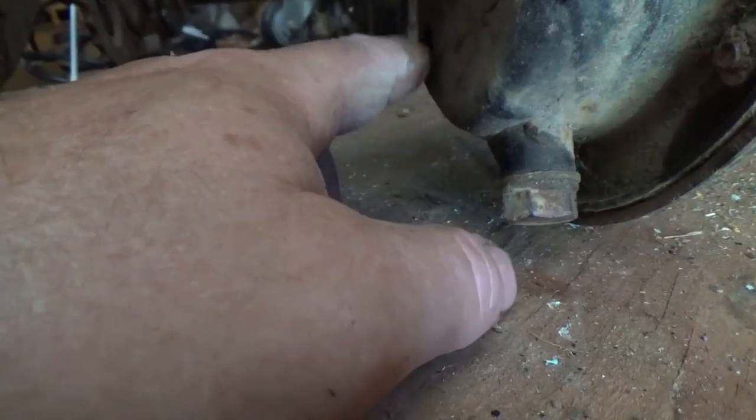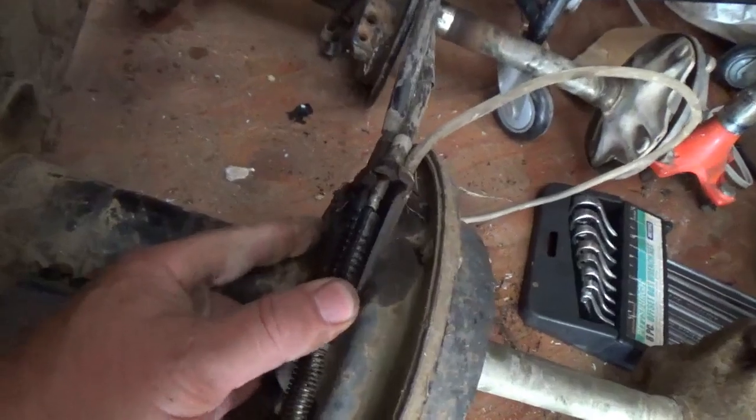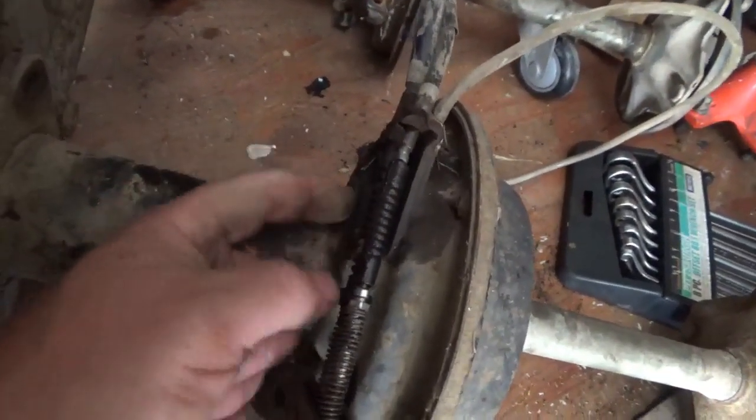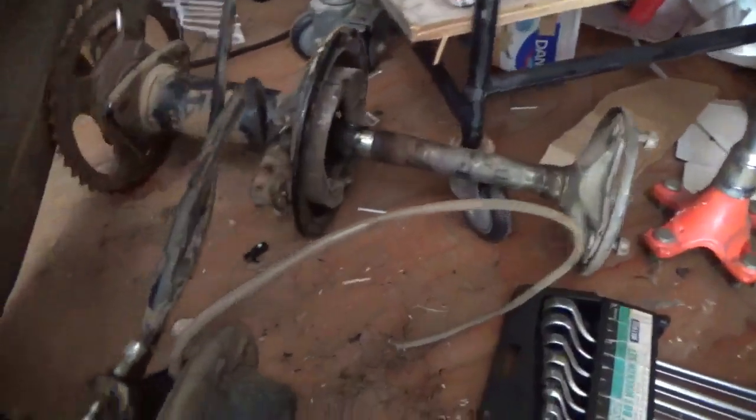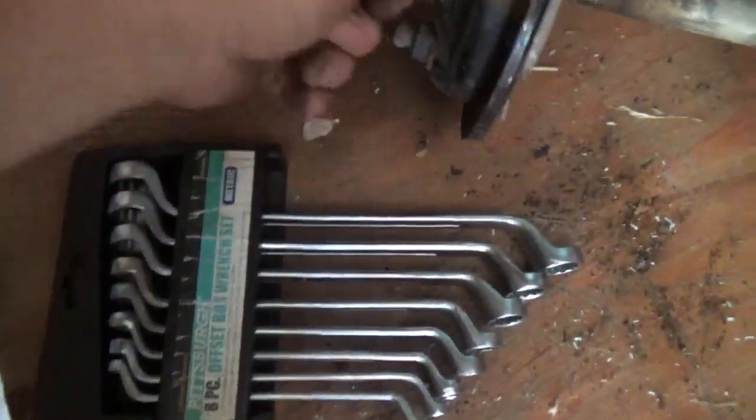And the reason why, and what breaks off is the bolt normally doesn't shear. There's a threaded area, kind of an internal nut that's welded on to the flange. So the threaded nut, once again, is welded to the flange. As you go to spin it off, because it's all rusty, it breaks off. And you see that hole right there? That's where it snaps off. So now you got this thing spinning, and the best wrench to get these loose is just your nice spoon wrench. So now it's spinning,